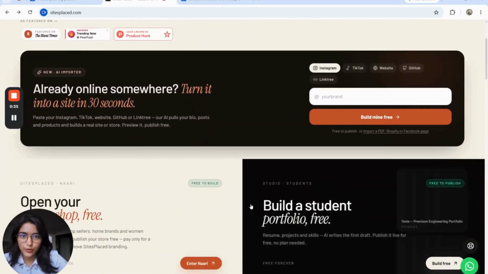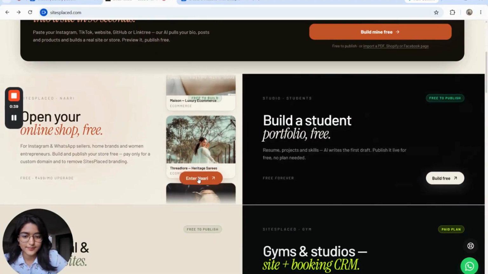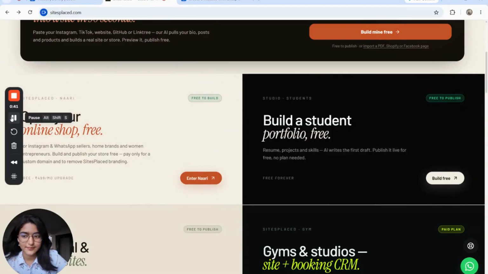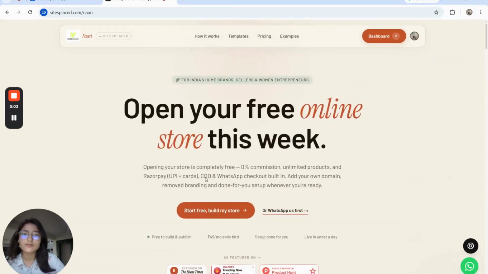Just scroll down on the home page and click on Enter Nari. See, Nari is an easy to use website building tool that helps you create website or online store without any coding or designing. It is especially designed for students, freelancers, and small business owners who want to get online easily and quickly.